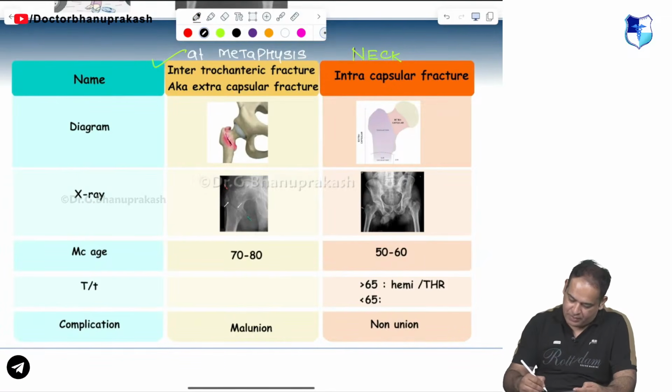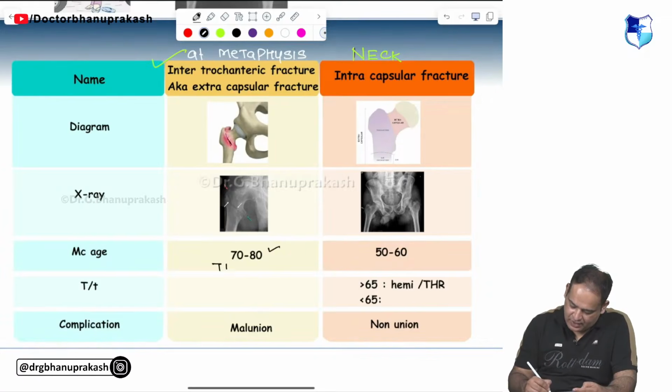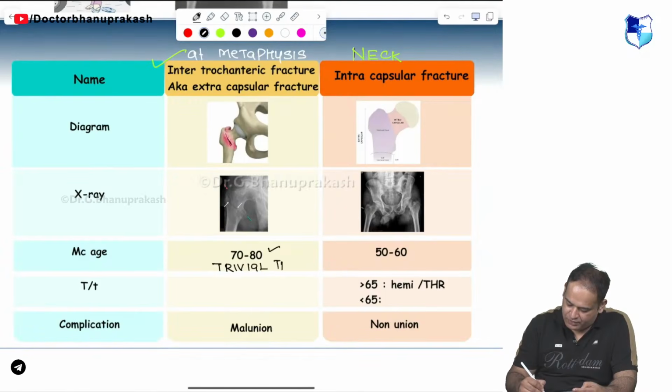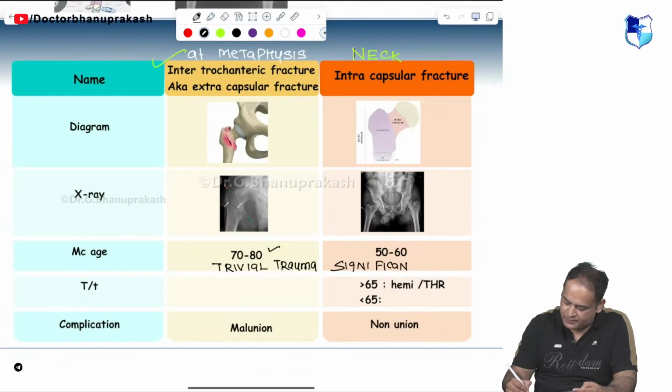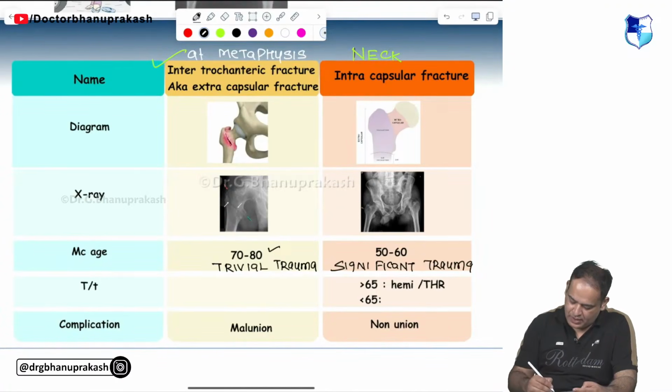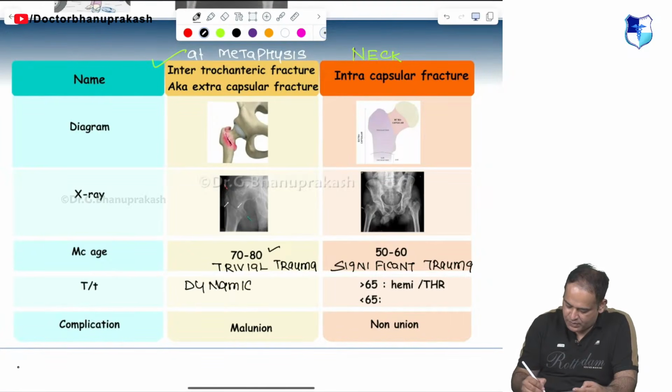Now, most common age for intertrochanteric is 70 to 80, and this occurs with trivial trauma. Trivial means insignificant, and intracapsular occurs with significant trauma. Treatment is dynamic hip screw,